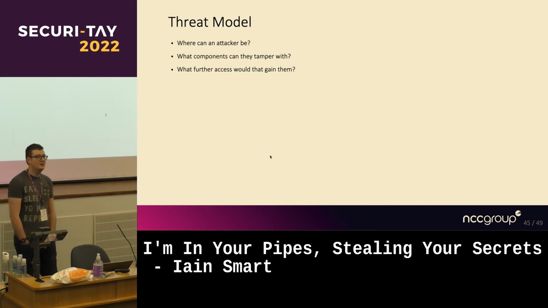Are you talking about external dependencies, internal code? Are you worried about a malicious insider? What's your approvals process like to get code into the pipeline? What components can they talk to? If you're using EC2s, can they talk to the wider cloud platform? Can they scan around your environment? Can they talk to Active Directory? Again, we sometimes see Active Directory credentials being used to retrieve things from file shares, but those creds are excessively privileged. And what further access would an attacker gain by being in the pipeline somewhere?